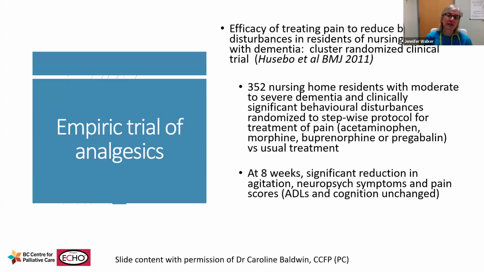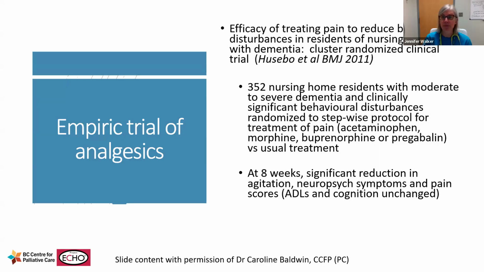And so this is a study that looks at this exact thing of an empiric trial of analgesics. There were several studies that have been done that have shown reduction in agitation, reduction in overall neuropsychiatric symptoms, and reduction in pain in those residents. So again, what they did is they had about 350 residents. Half of them were randomized to just get usual care, the other half to a stepwise approach to analgesia,